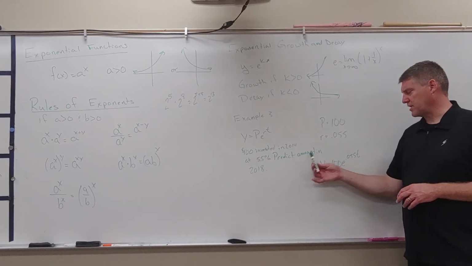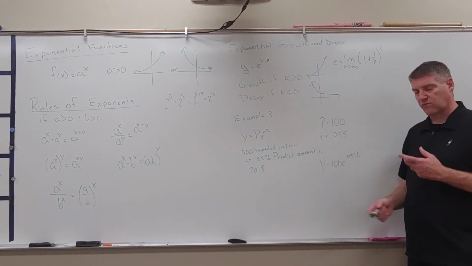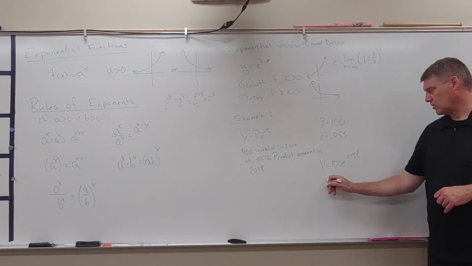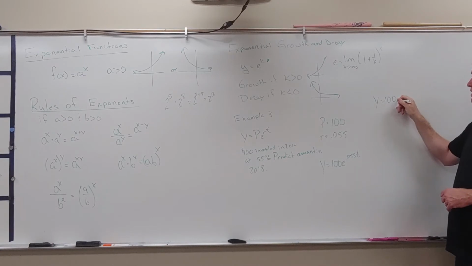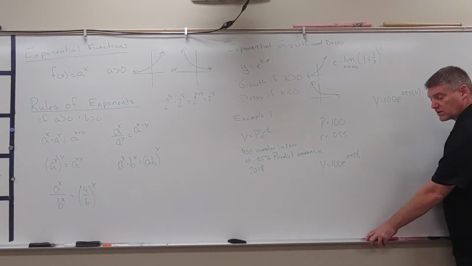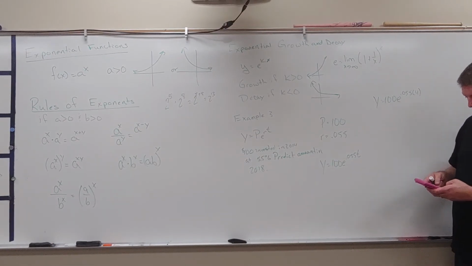This would give me the formula for how much that $100 is going to be worth. So now it says predict the amount in 2018. So 2018, that gives me 4 years of interest. So my t now is 4. So I'm going to go y equals 100 e to the 0.055 times 4. Now this is calculator work. So what you're going to do is you're going to plug this in your calculator. So 100